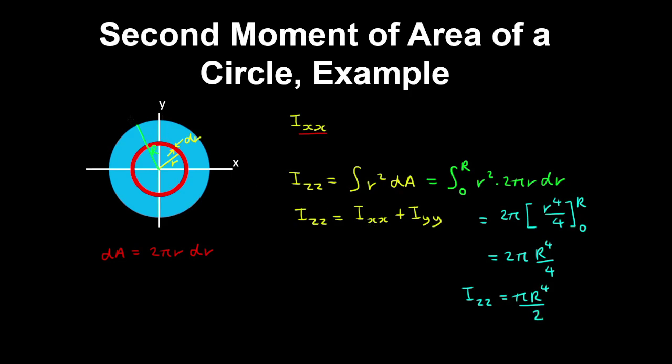And recognizing that the circle is symmetric, Ixx is equal to Iyy. So we have Izz is 2Ixx, and the polar moment of inertia is pi r to the 4 on 2. And solving this equation gives a second moment of area about the x-axis as pi r to the 4 on 4, which is the same result we got in a previous video using the more